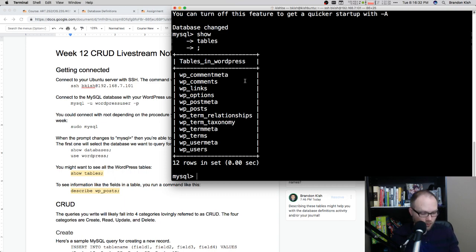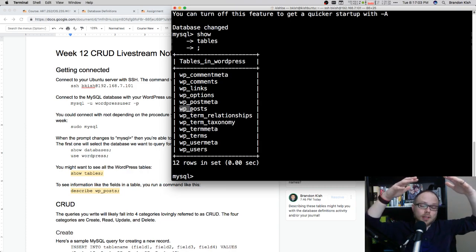But okay, the next response in the chat room was the posts. So yes, WP posts. So that's the table name where all of our posts and pages are going to be stored. Great guess. At this point, I usually hear from students, why do they start with WP? And this goes back to the days when some people might try to run their own WordPress installation on a shared web server. And so they had WordPress running, but then someone else had another WordPress site running on the same database host. And they might only get one database. It might not be able to have separate databases for each WordPress site.